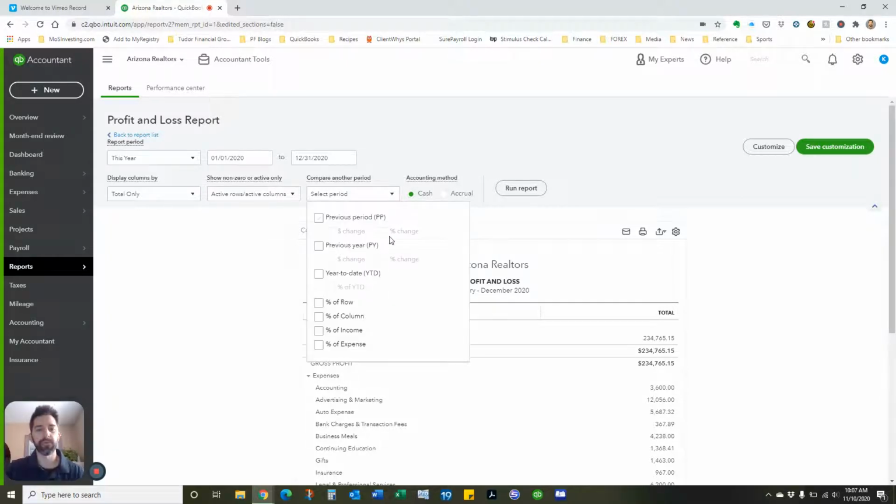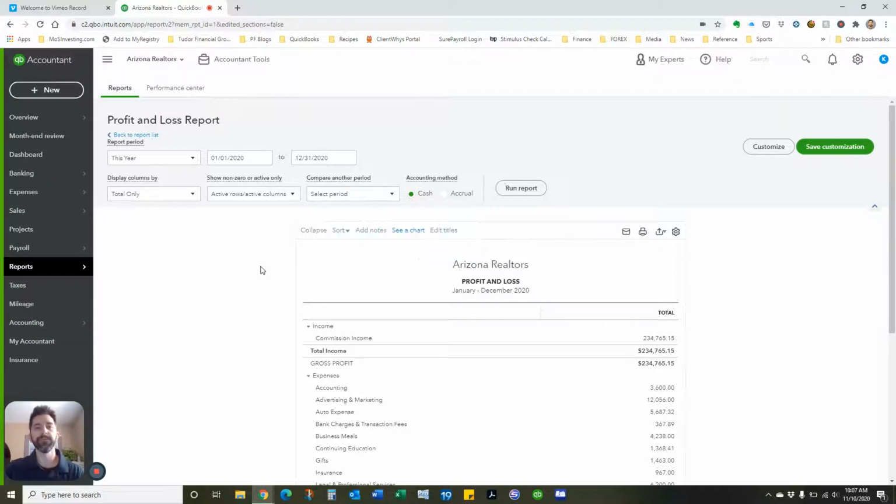A lot of times we'll check previous year and look at dollar change or percentage change, and that helps us see how a company is performing,